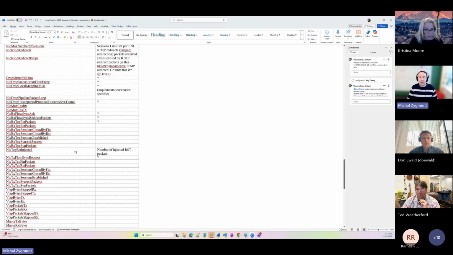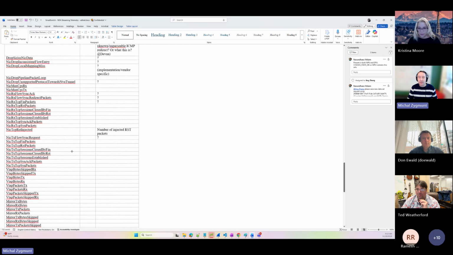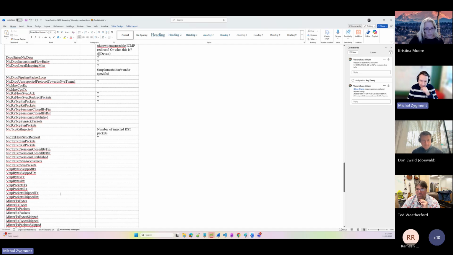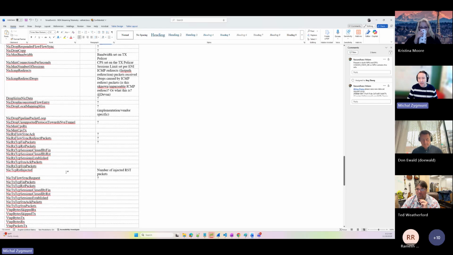So also reset injects that. We also have this, right? And then there is also some VTAP counters, which is the other feature, right? But I think the main stuff that I would like to potentially have companies participate in is to add all those missing counters, because there are lots of valuable counters, whether it's like CPS or, for example, some inconsistent